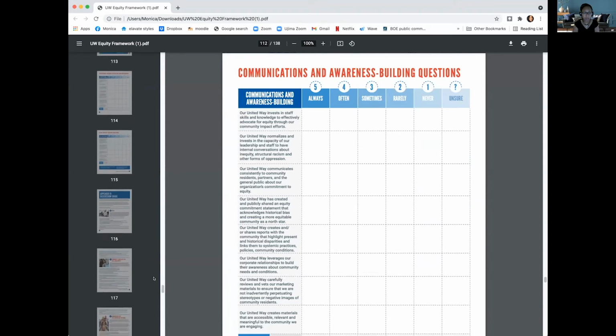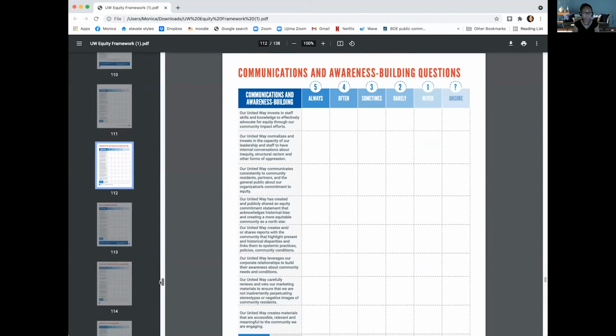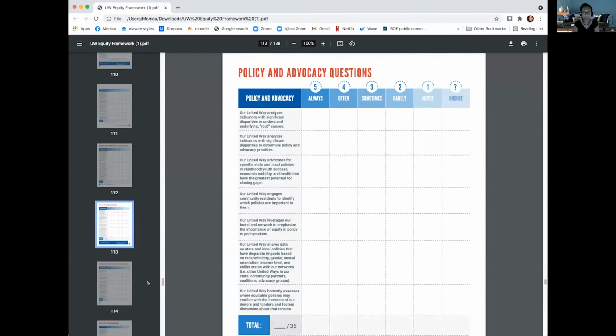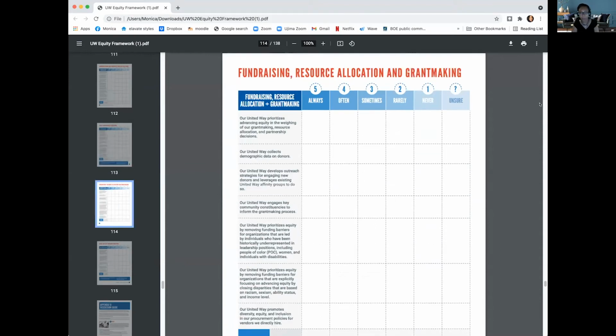Notice there's a form for each and every committee. And I'm going to go down to fundraising. Okay, here we go. So on my committee, fundraising, these are the types of questions that are being asked, and everybody on the committee that hypothetically you are on, are being asked to rank and to rate to what extent do we do well or not do well on these measures.